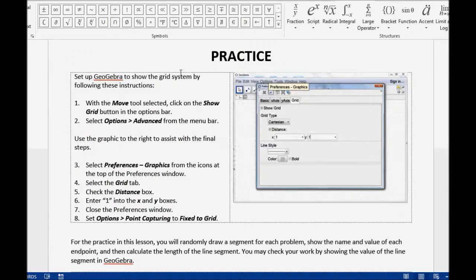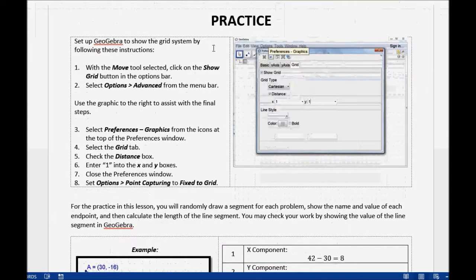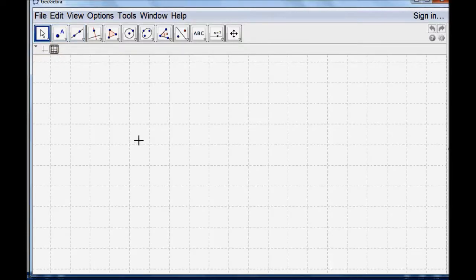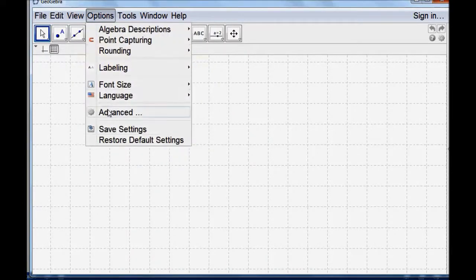Okay, I'm back. Now, let's talk about the practice problems for today. First of all, let's talk about setting up GeoGebra to show the grid system. This isn't that hard to do. The first thing is make sure that the Move tool is selected, and then you click this second button which shows the grid. You want it to be one-to-one in the view though, so go to View, Options, Advanced,